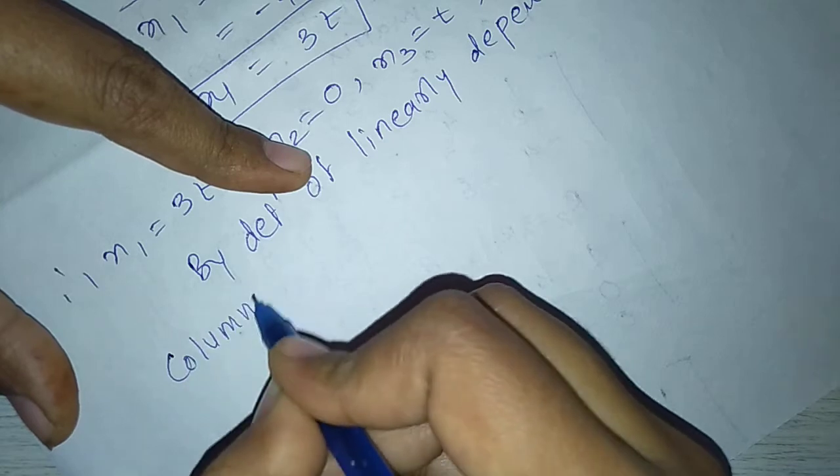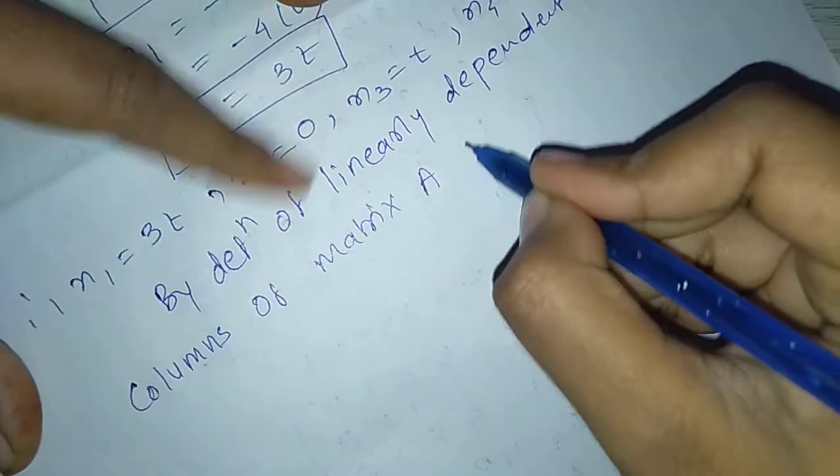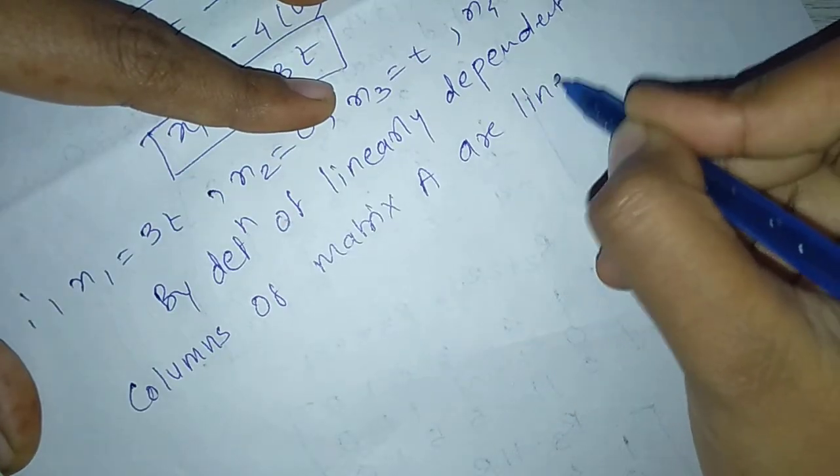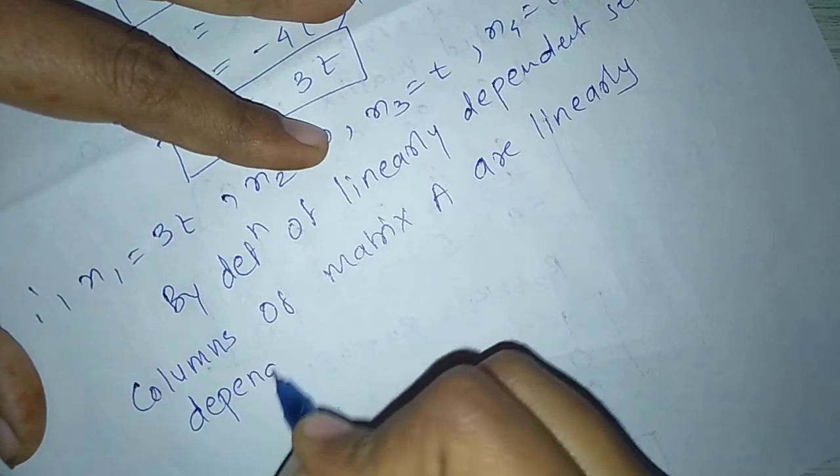Columns of matrix A are linearly dependent. Linearly dependent. Next,